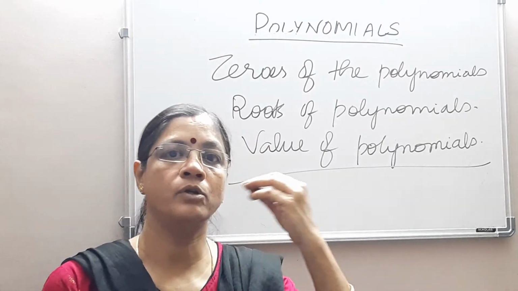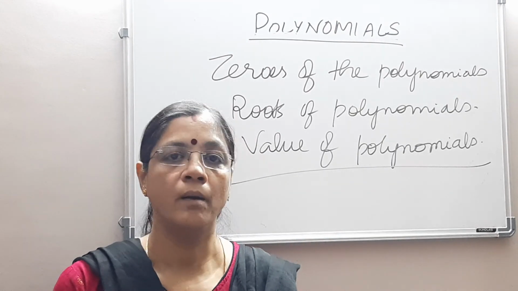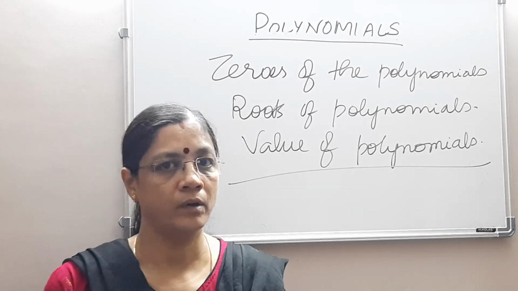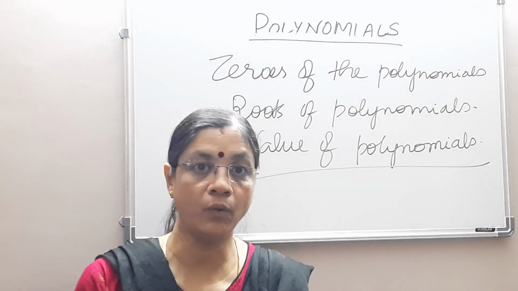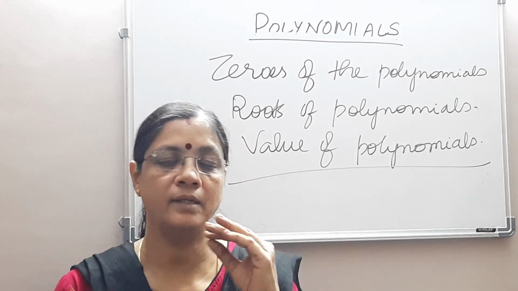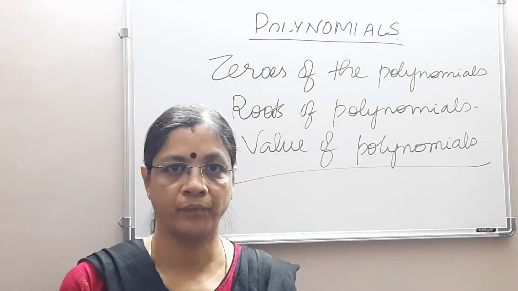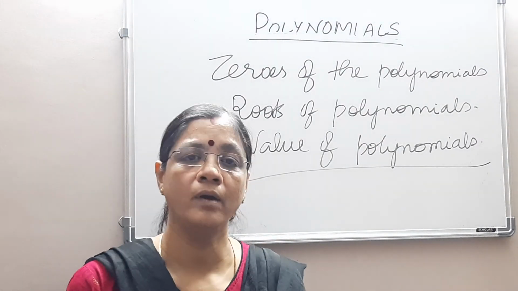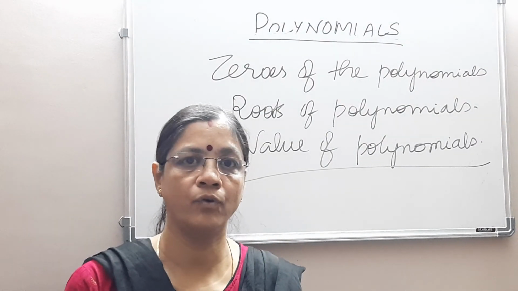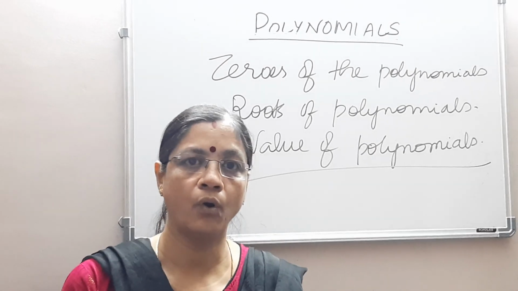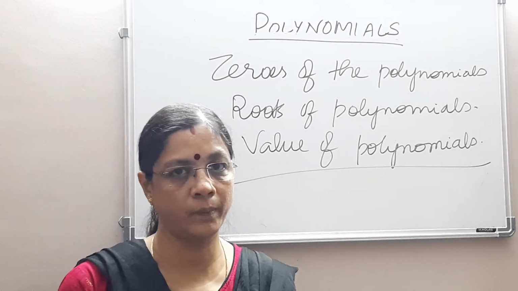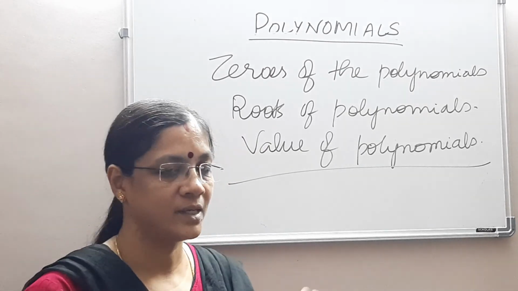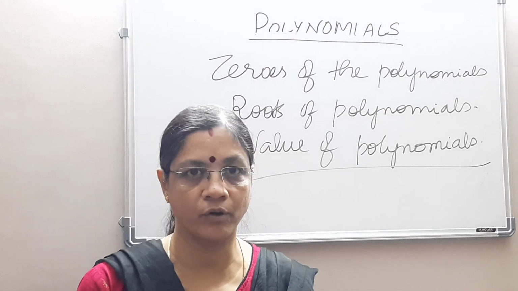So that is how we find out zeros of the polynomials, and we extend our knowledge from linear polynomial to quadratic and cubic. In general we'll see what are zeros of the polynomial, roots of the polynomial, and we'll also find out the values of the polynomial by assigning some values to the variable x. So until this, we have got an introduction, an overall view of polynomials: what are polynomials and what are types of polynomials. In the next class, we will see still further about polynomials.